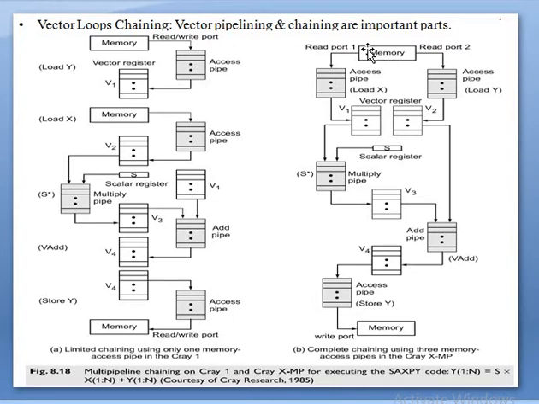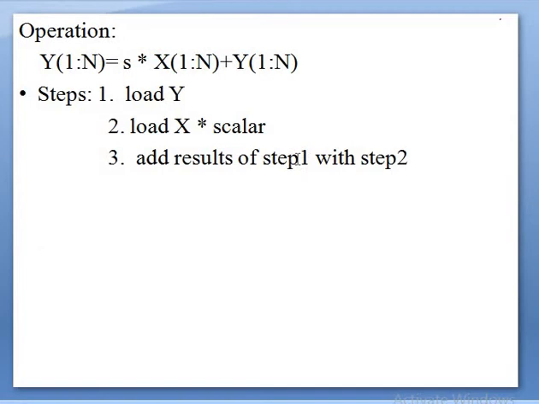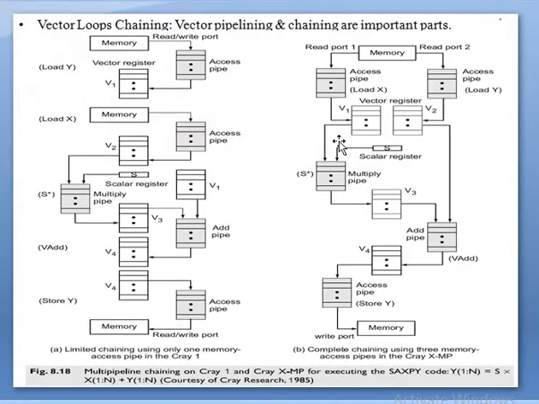Now it is not limited, it is complete, meaning all. A common memory through port 1 and port 2 fetches all data at a time. How many you wanted, those many pipelines, those many separate vector registers. V1 separate, V2 separate. V1 will get X, V2 will get Y. Y is free. See the formula, Y is free, and V1 is to be multiplied with the scalar.